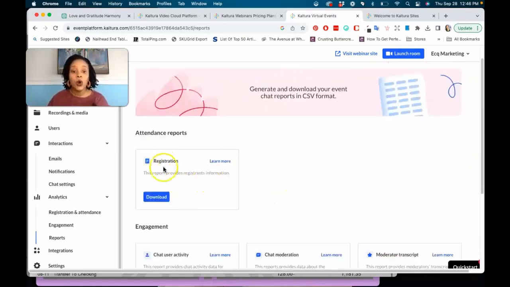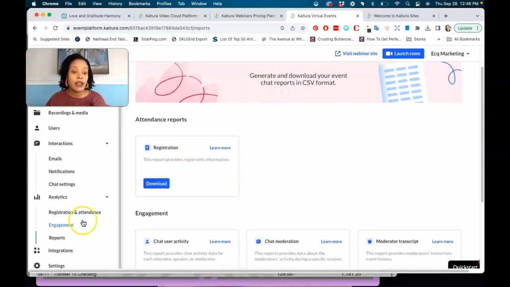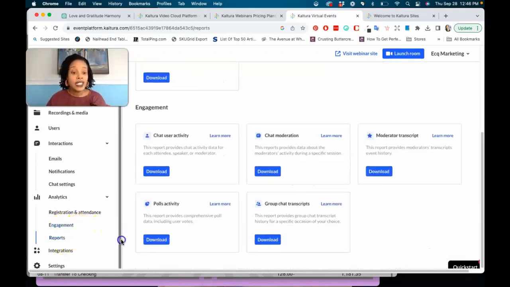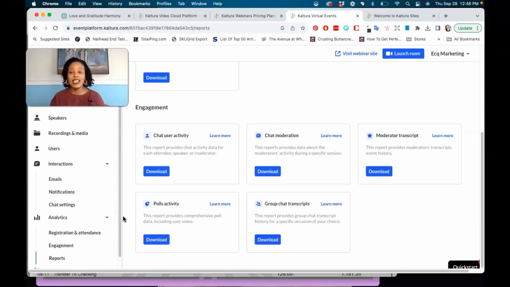This report is going to give you all your registration information. So if you need to download it and export that somewhere else, you're going to be able to do that from here as well. So this is very, very detailed, guys. So all that you need. I mean, webinars are all about testing and just seeing what happens. And once you see what happens that first time, then you can go back and tweak. But if you don't have that data to review to see what were your strengths, what were your weaknesses, what did people love, where did people drop off, how many people signed up, how many people attended live. If you don't have all that kind of information, it's really, really hard for you to make for a better event next time. So I like how you can really come in here and get specifics about your event.